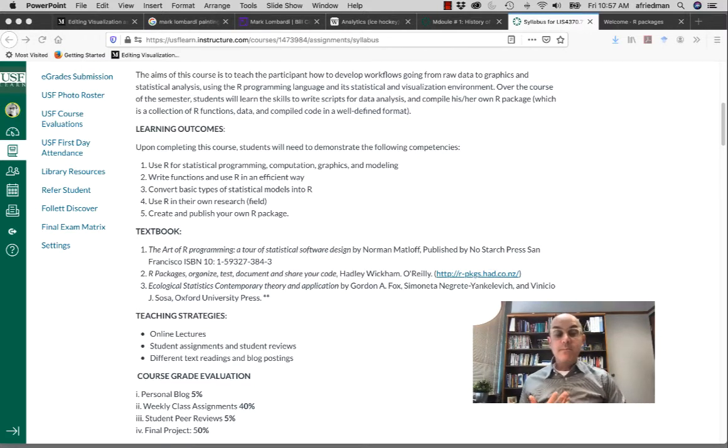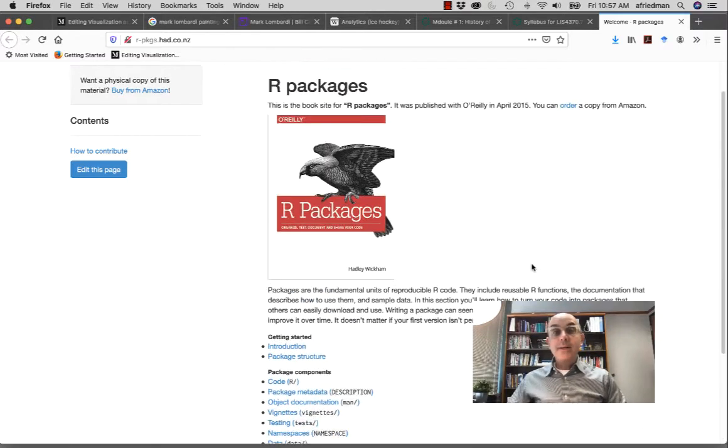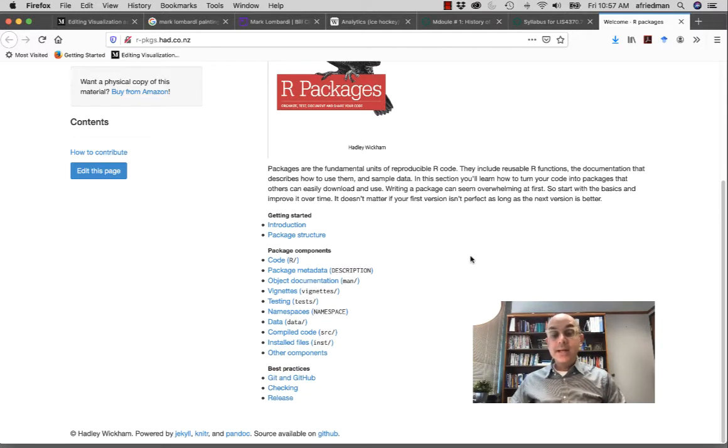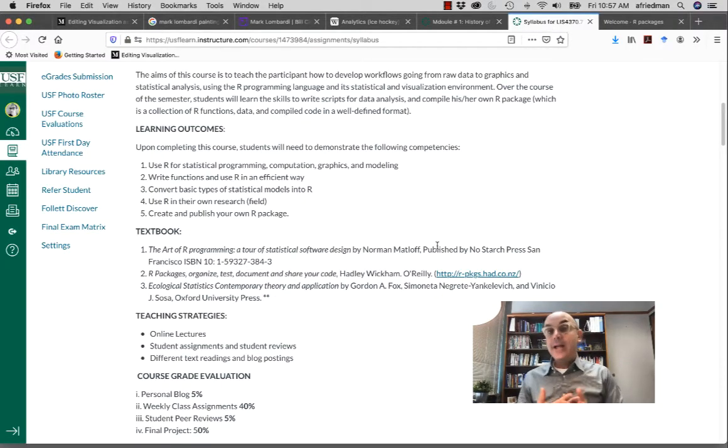The second book is basically about how to create an R package, and the writer of the book is the guy who wrote one of the most popular R packages ever written, called ggplot2, and we will talk about that. What is ggplot2? Why is it so popular? The textbook itself is not expensive, and he also created quite a nice website for the book itself, which covers all the things that you can see. And the source of the book is available on GitHub,